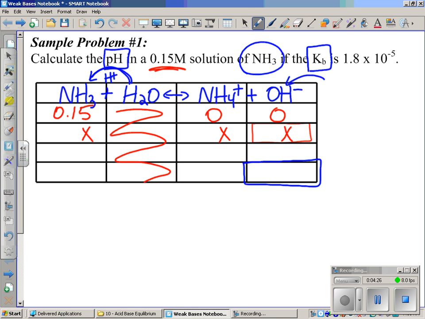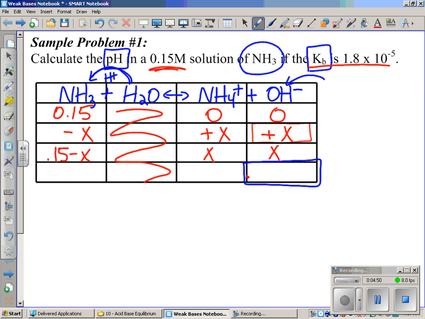We make one side positive and one side negative. So I'm going to make that side positive and that side negative, and combine. So 0.15 minus X, then we have X, and then we have X. Okay, so that part, the red part, there is nothing new to you. Now, we are trying to find this OH minus concentration, and what other information we've been given is